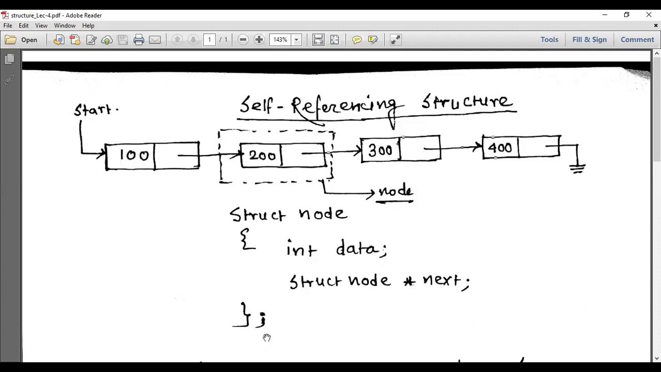I hope this is clear to you. And this pointer, this type of declaration is called a self-referencing structure. Why is it called a self-referencing structure? Because it is pointing to a variable which is of its own type. That's why this is called a self-referencing structure. Once again, I am repeating here, the data part is storing the data of the node, whereas